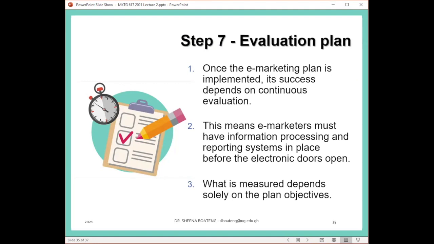And it's the same way for e-marketing plans. You need to have an evaluation plan to evaluate all the implementation tactics that are ongoing, to see whether they are on course. Are they within time frame? Are they within budget? Are we on course towards achieving our objectives, right? That way, you'll be able to know where there are lapses, and then you can quickly put in place measures to recover before it's too late.